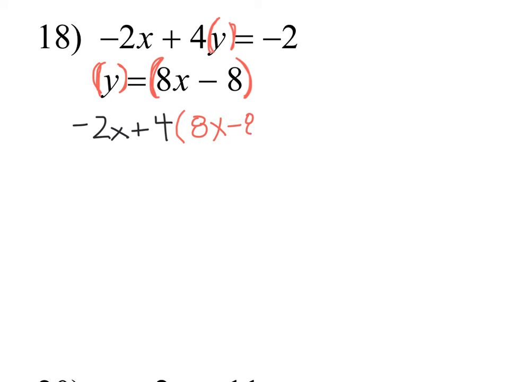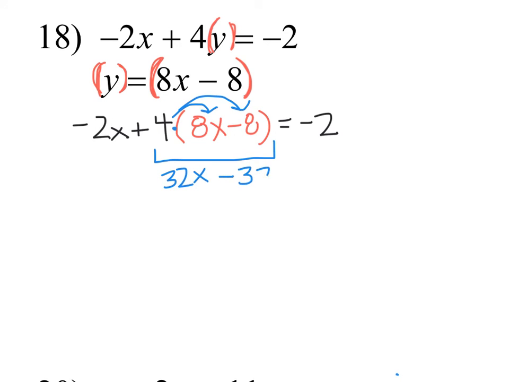8x minus 8 equals negative 2. Now I've got to focus on this multiplication here. Remember, when you have a number right next to parentheses, there's an invisible multiplication sign. I need to multiply by 4. I've got 4 times 8x, which is 32x, and 4 times negative 8, which is negative 32. I still have equals negative 2,